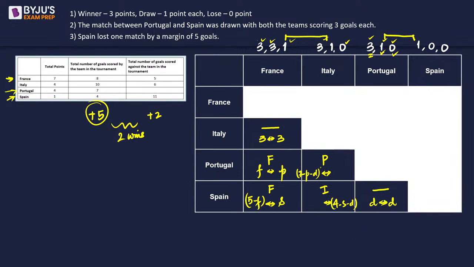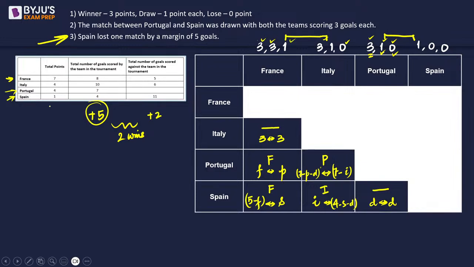ओके, now if you look at Italy, Italy has to do a total of 10 goals, out of which Italy has already done 3, right? Let's say Italy does I goals here, so this is going to be 7 minus I, राइट। तो हमारे पास ये चीजें वेरिएबल के टर्म्स में आ गई, ठीक है। फ्रांस के मैच अगेंस्ट इटली we know the number of goals, एंड इटली का, एंड नो अदर मैच के बारे में हमें कुछ भी पता नहीं।